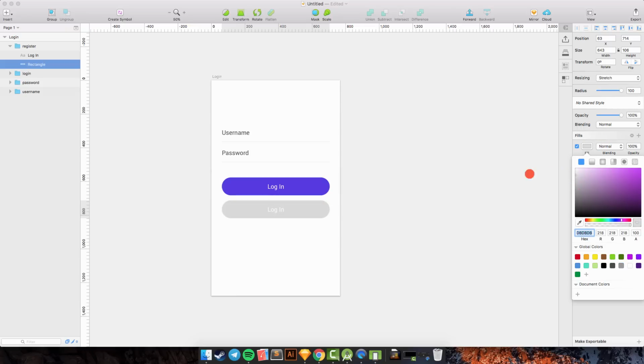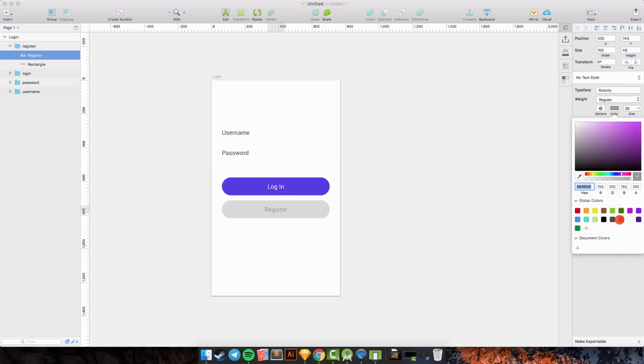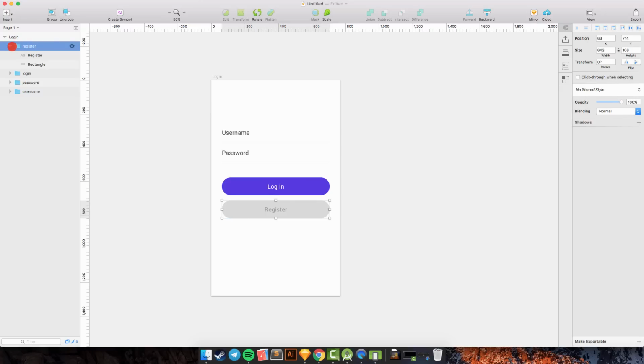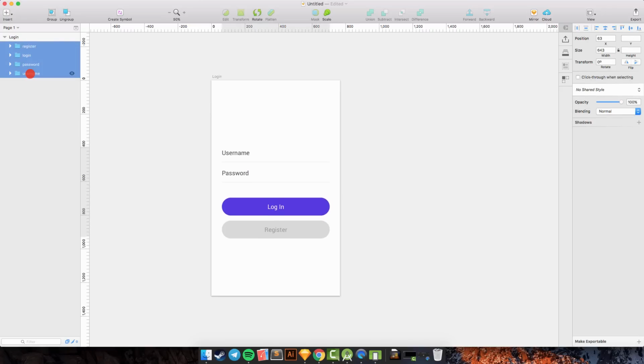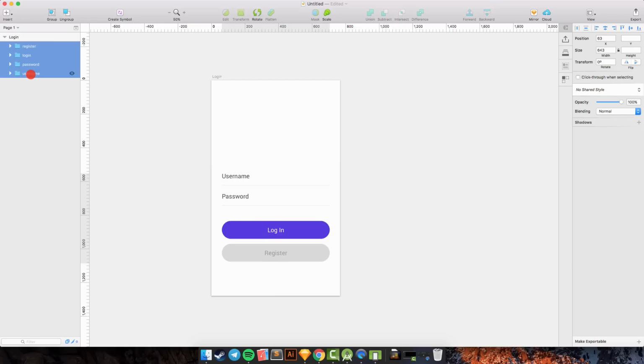Okay, and select the login and change to register and change the color to black like this. Okay, and then we can make it to the bottom like this. Maybe, okay, it's enough.